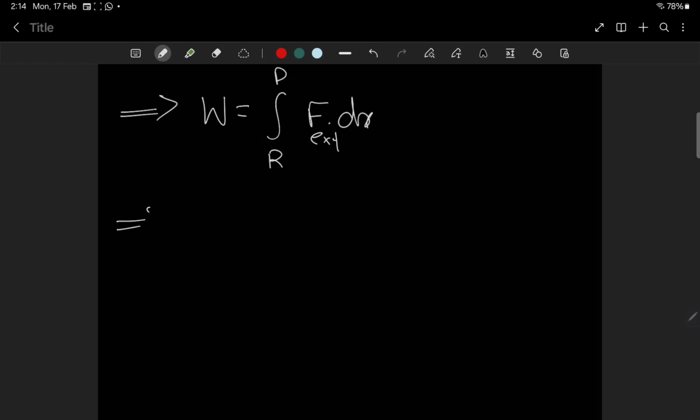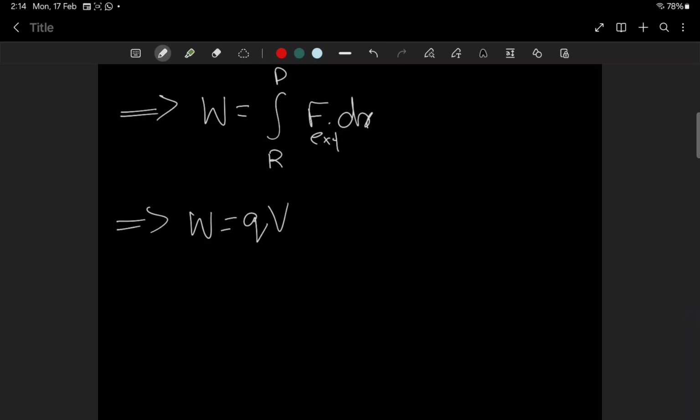So understand the starting part. Till now what did we learn? We learned that work done by the external force is the integral of F external dot dx. Another one is that the work done is equal to Q into V. Important. So these two things we learned, and the graph is important.